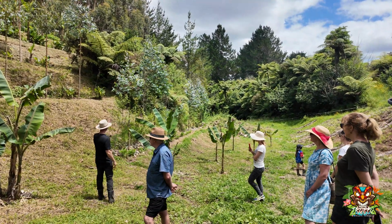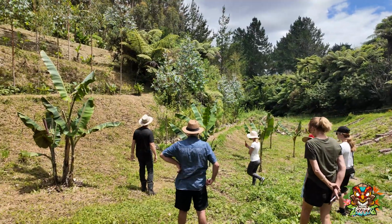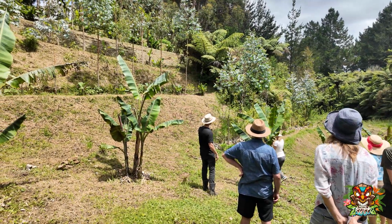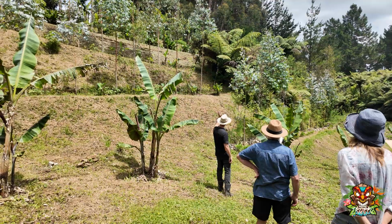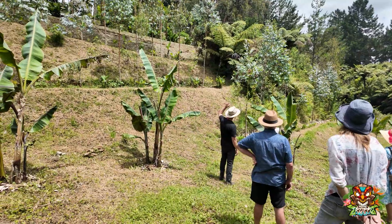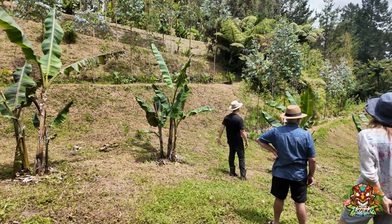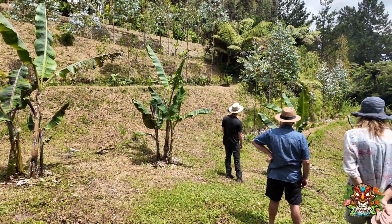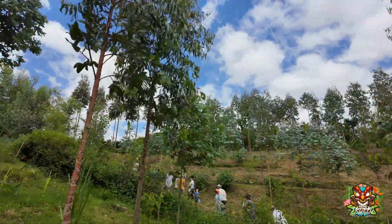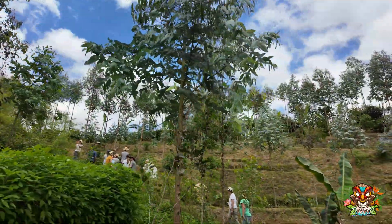So along here we've got comfrey as our support row along the front, and then this is mainly a deciduous row. We've got things like Chinese quince, almonds, pecans, hazelnuts, macadamias, different plums, blueberries, strawberries. Free as the supports along the front, tithonia as well,